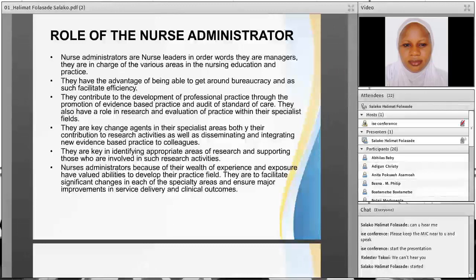They are key in identifying appropriate areas of research. They contribute to the development of the professional practice through the promotion of evidence-based practice and audit of standard of care. They also have roles in practice, research and evaluation of practice within their specialized field. They are the key